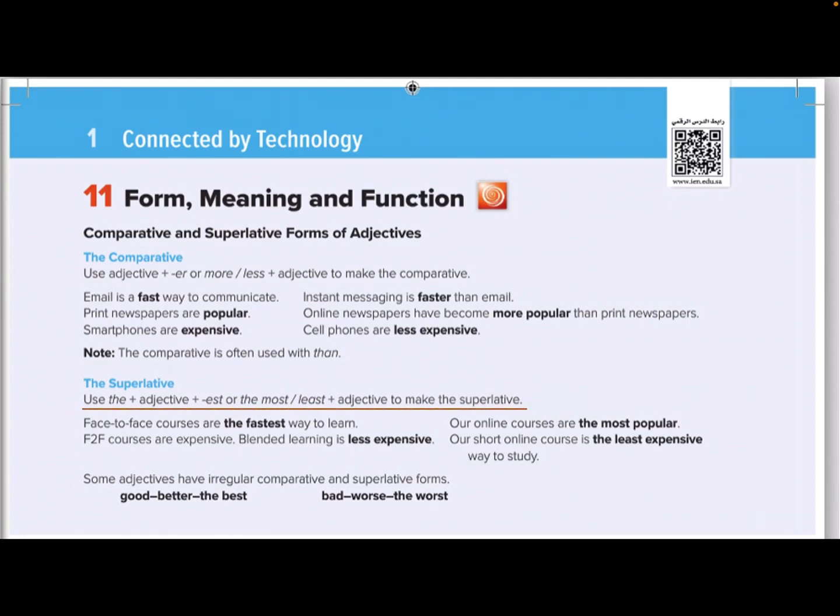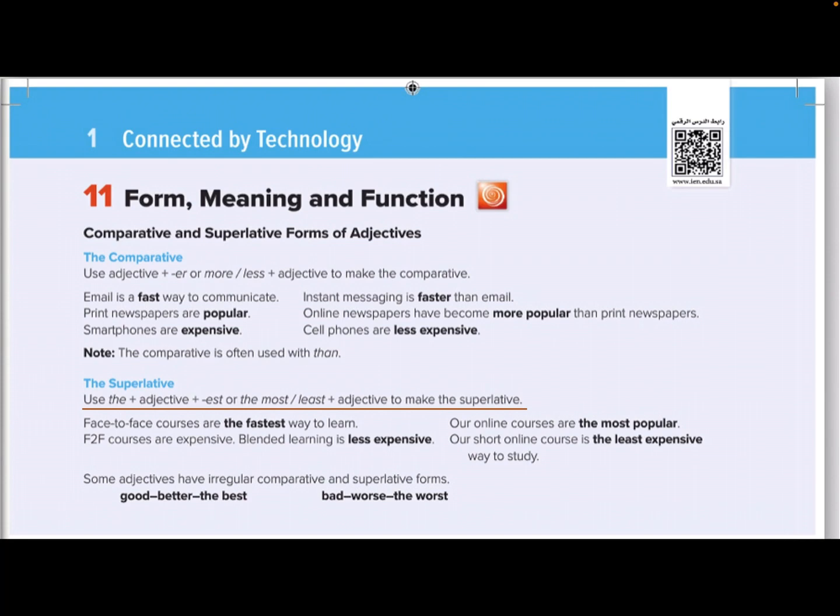We use the adjective plus est or the most, least plus adjective to make the superlative. نستخدم الصفة مضافا إليها est إذا كانت الصفة قصيرة، أو the most, the least إذا كانت الصفة طويلة